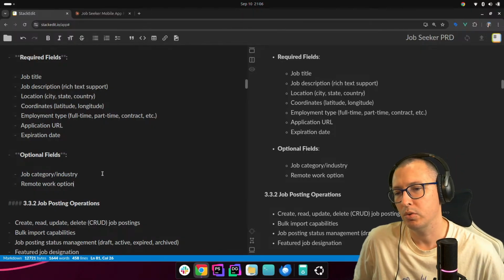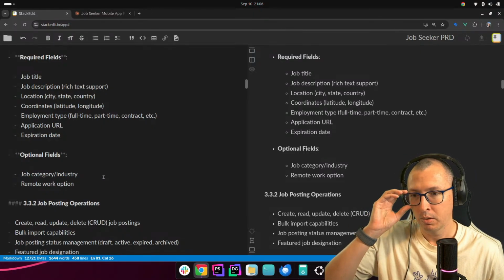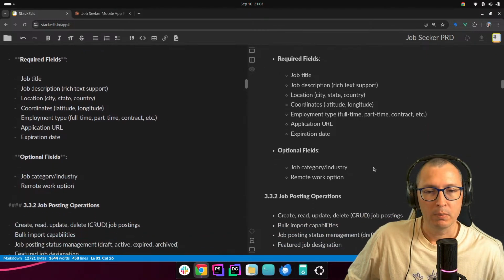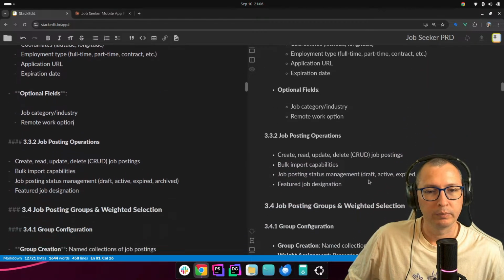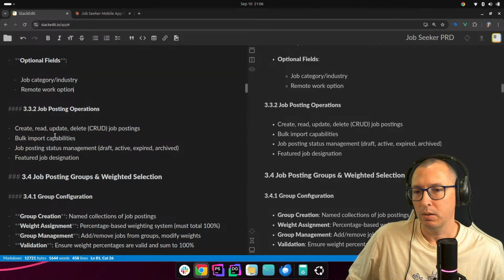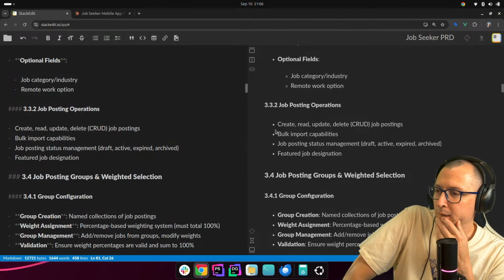Not options, just option, whether you can work remotely or not. All right, that looks good. And for the operations, we're going to create, read, update, and delete job postings. Bulk input capabilities.